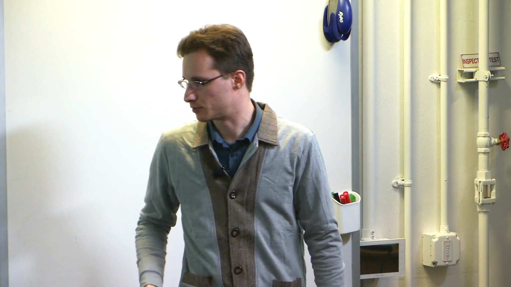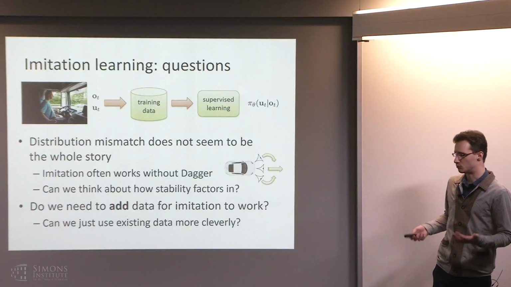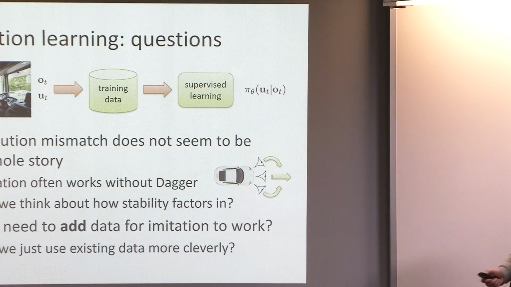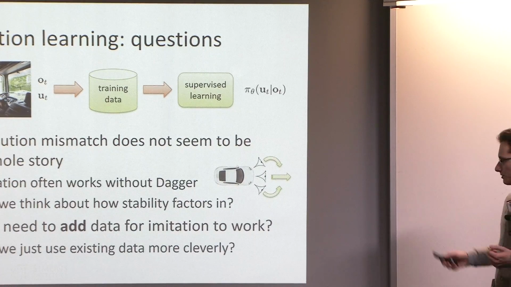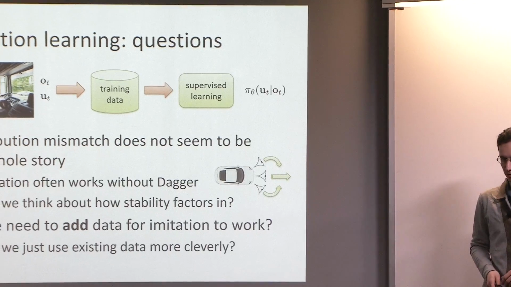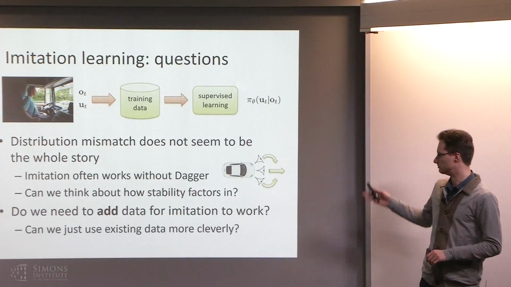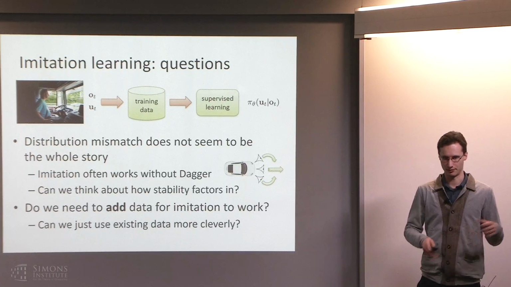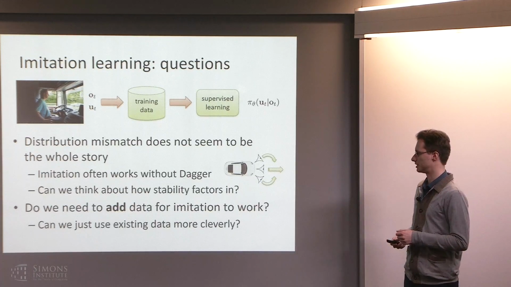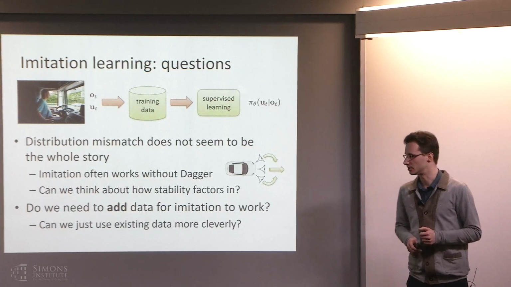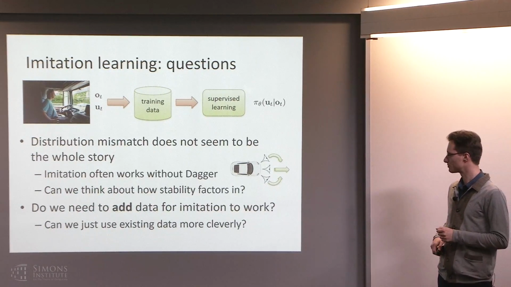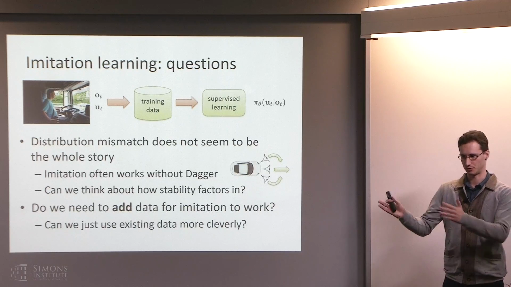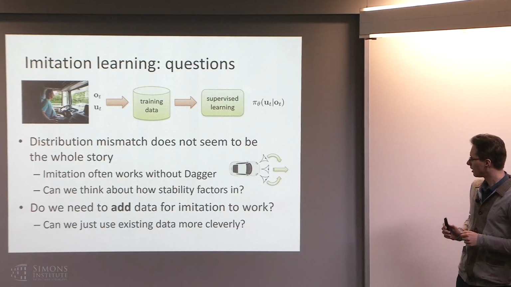Okay, so the rest of this I kind of already touched on. Do we really need to add more data to make imitation work, or is there some way that we can formulate a set of conditions on an expert or on a data set from which we can say something about whether imitation will work or not? And if we can do that, that would be awfully nice, because asking for additional data after the fact involves some fairly unnatural data collection protocols and a lot of jumping through hoops. So if we could just grab a data set and be able to say, if it meets these conditions, imitation will work, that would be awfully nice.